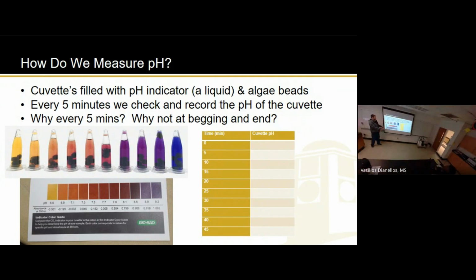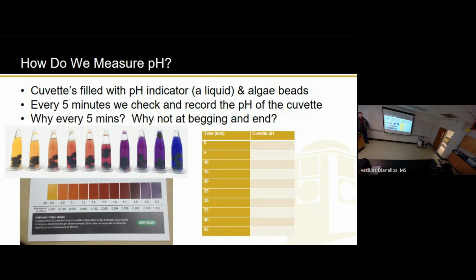And you're right. What I'm trying to get at is very simple. Take, for example, if you have 2 different conditions, right? You've got one in a lot of light and one in a little light. What if they both start at the same pH and end at the same pH? Then, if that's your only data, you'd think they both photosynthesized the same. But if you have data every 5 minutes, try to imagine it on a graph: maybe one of them peaked really quickly and leveled off, and the other one eventually got there. So you would know the one that leveled off first photosynthesized faster.